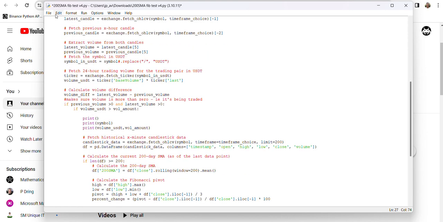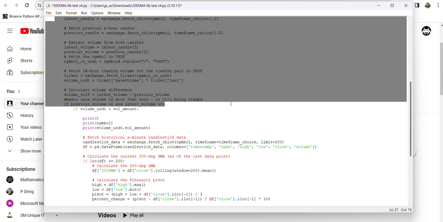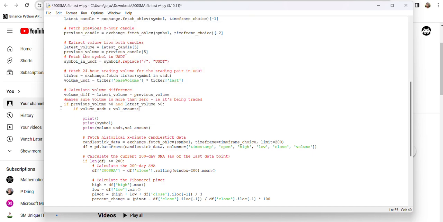Then I've got a conditional saying is the volume above 0? In other words, is the coin traded? If it's not traded, it's going to ignore it. If it's got a volume above 0, it will run the program.